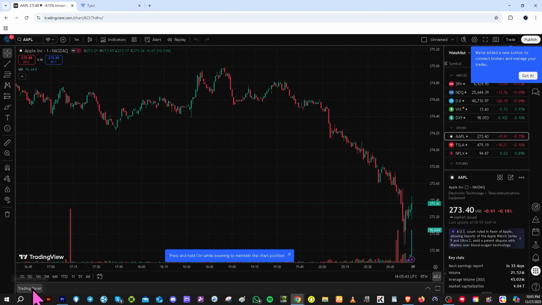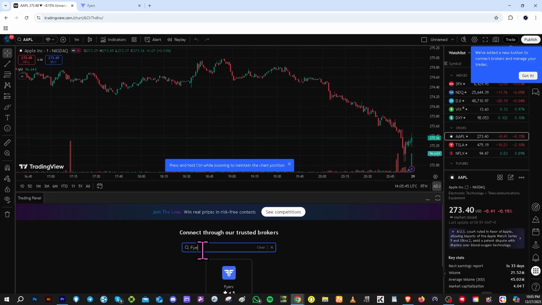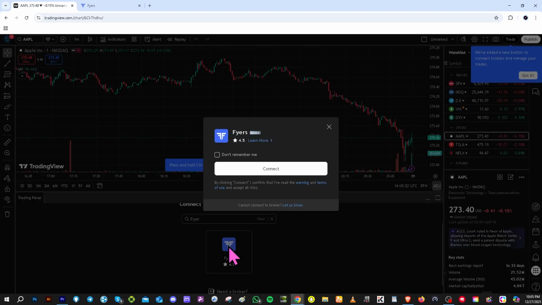Now, log into your TradingView account and then hover to the bottom left corner where you can see the trading panel. Here, type in Fyers. If you can't find it, click the search button, and then as you can see, Fyers is here. I want you to click the connect button because once connected to TradingView,